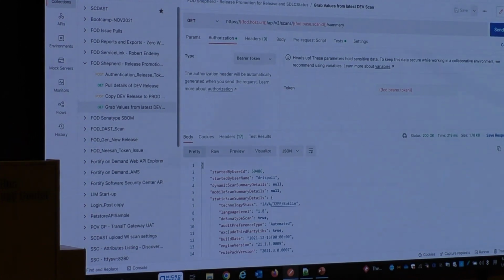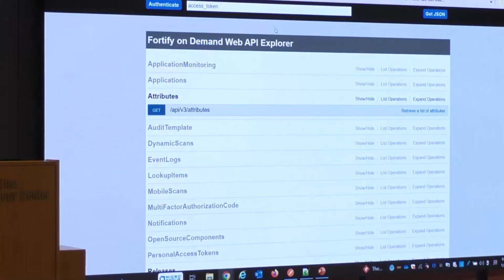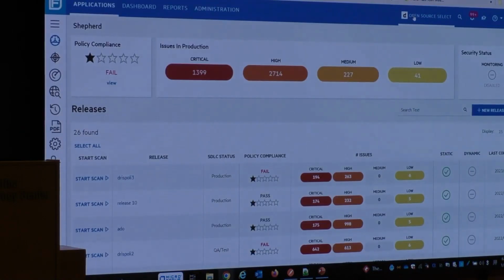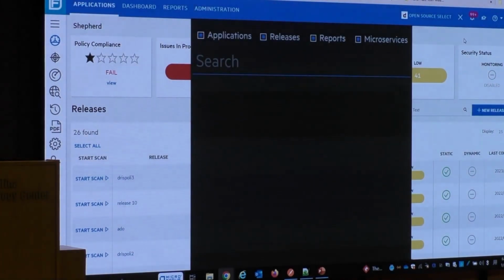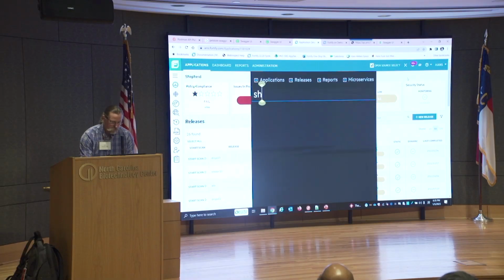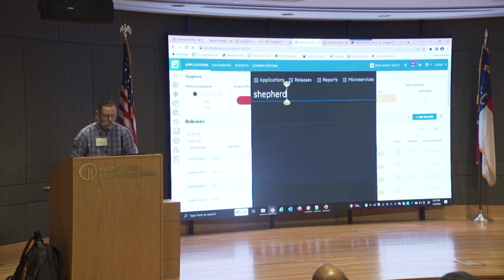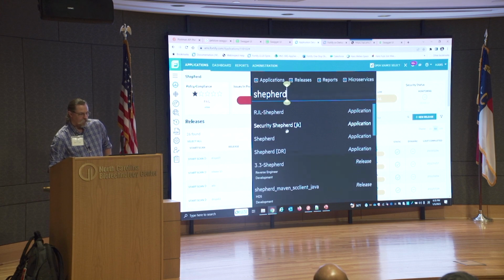What does this look like on the other end as a human user? Go back into my system. All right, find Shepherd. This one.